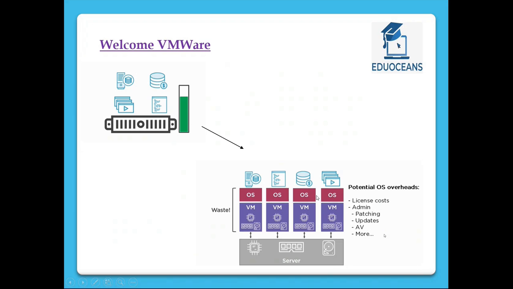Operating system, whatever is needed, would be assigned over here. But what we are ending up with is 4-time license cost of the operating system. The admin has to actually do the controlling, patching, updates, antivirus, everything needed for all these 4 boxes. Even though we have a single infrastructure, the maintenance cost is potentially increasing. The maintenance time is increasing. The costing is something we think, okay, this is an unavoidable task, we will do it.